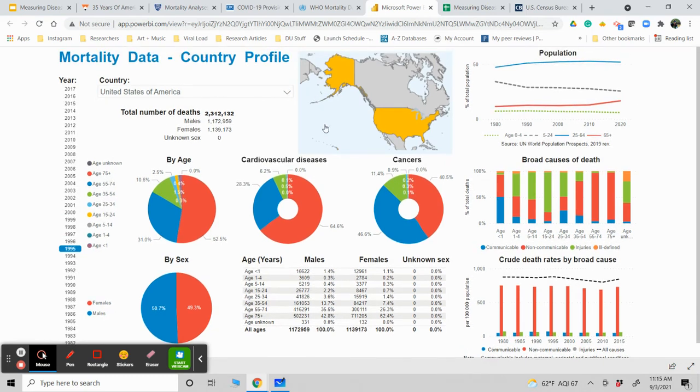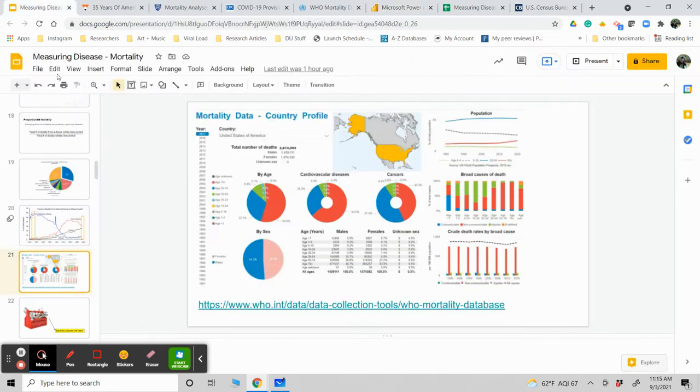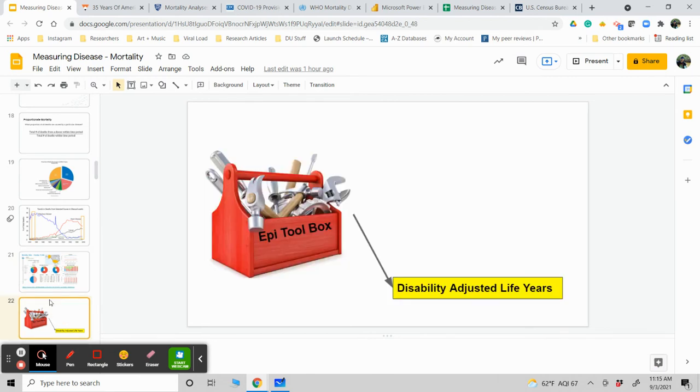Another interesting tool, again, uses the indicators of mortality. Ultimately, this is what we care about. We care about the story that is unfolding. What is the pattern? What is going on in this particular area? Those tools that we're learning in your Epi Toolbox help us get to this place. But now we can look at this and, as epidemiologists, say, okay, what's going on here? Why is that happening? And let's design some studies to try to figure out why these patterns are the way they are. So those are